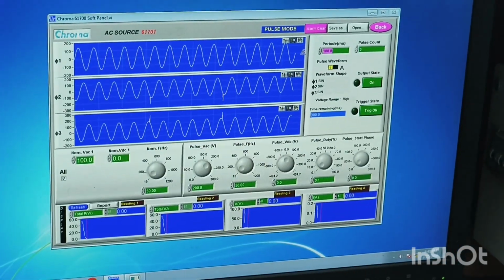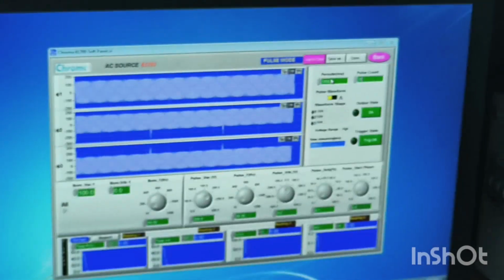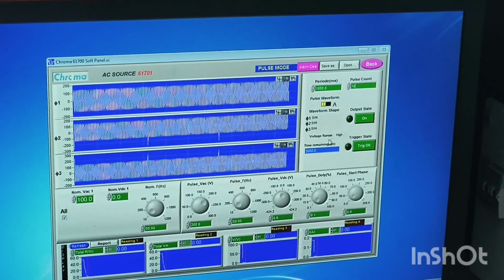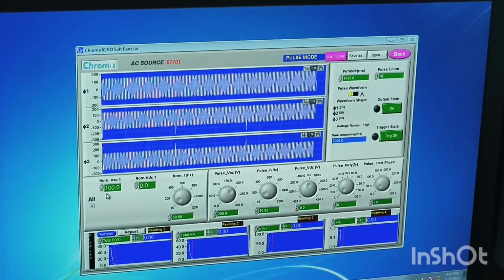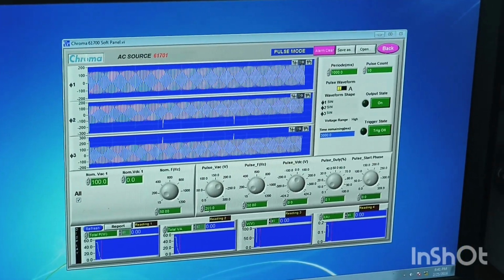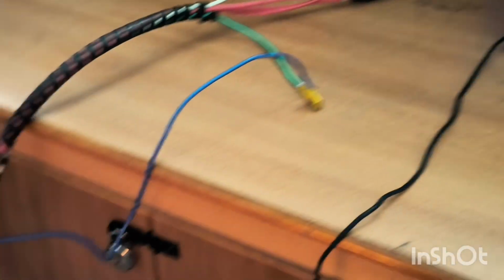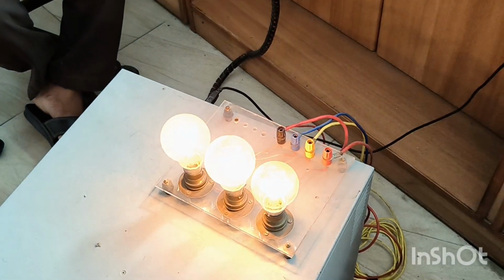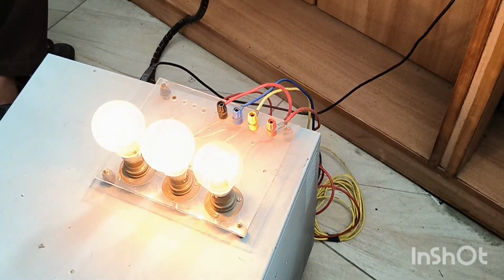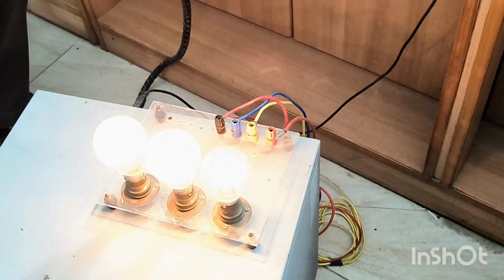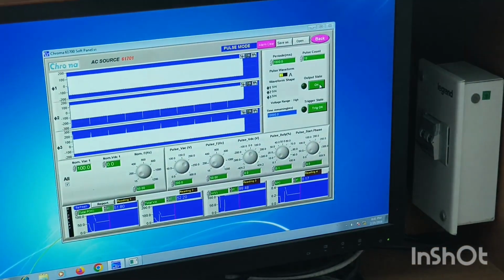As usual, I am going to set the time duration as 1000 millisecond, and for 10 counts I am going to create this. After setting the time duration, pulse count, the normal voltage value and frequency, and the pulse voltage value and frequency, now I have to give trigger. You can see the flickering for 10 counts. After 10 counts, this will go off, since the output state is off.